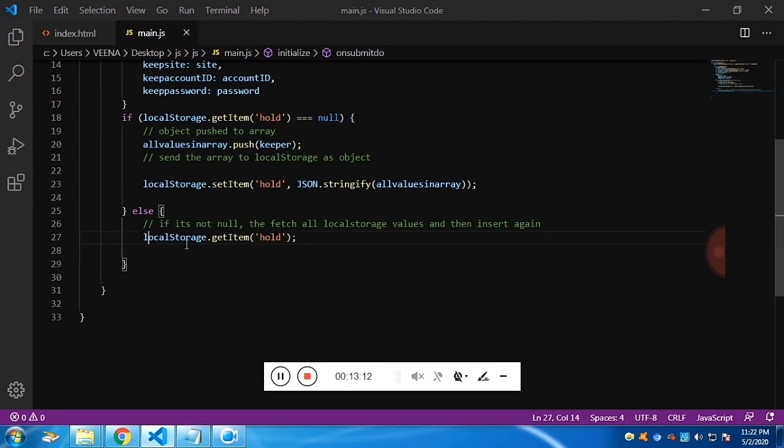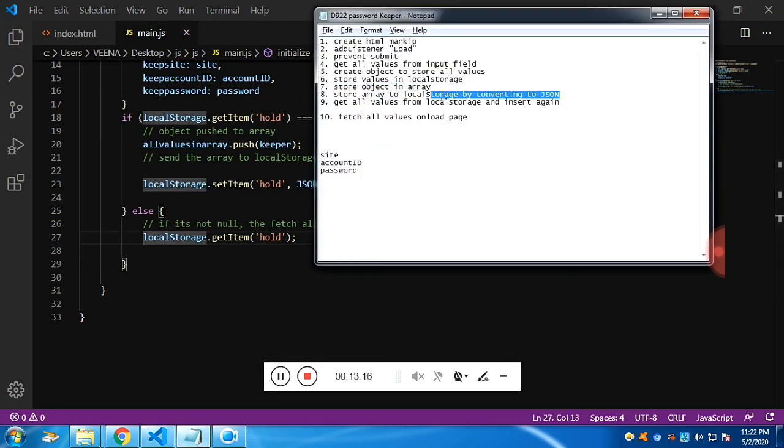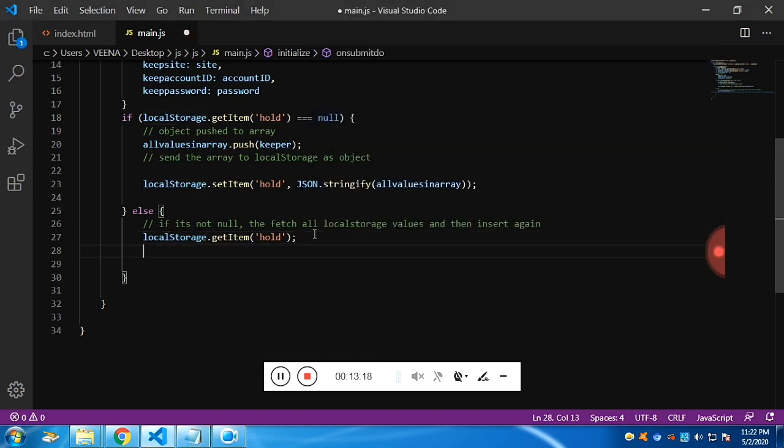So to convert it, JSON.parse is the function. Convert to an array. It's not an object, it's an array. As we have already stored an array, that's why I'm saying it's an array.